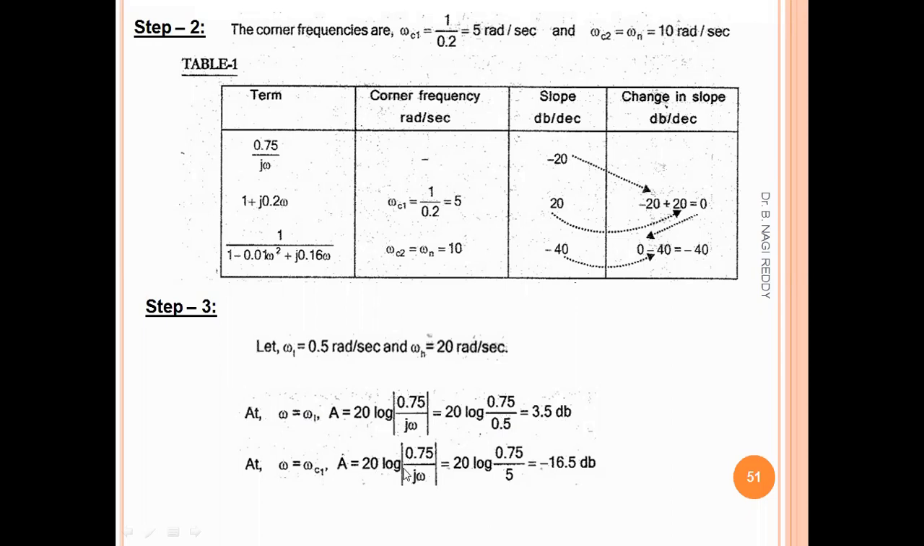So for omega C1 also 20 log 0.75 by j omega. However, here the omega value is omega C1. Omega C1 is 5, so 0.75 by 5. So we will get minus 16.5 dB. We are having two corner frequencies and two considered omega. So out of 4, the first two omega values will have 20 log k as the formula. Remaining 2